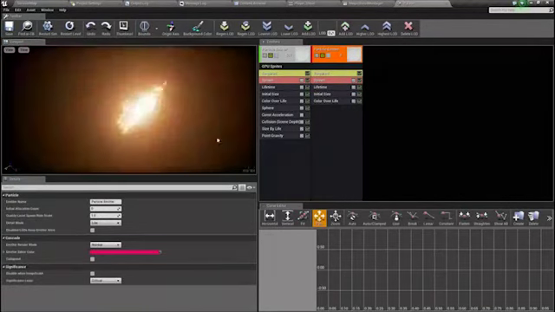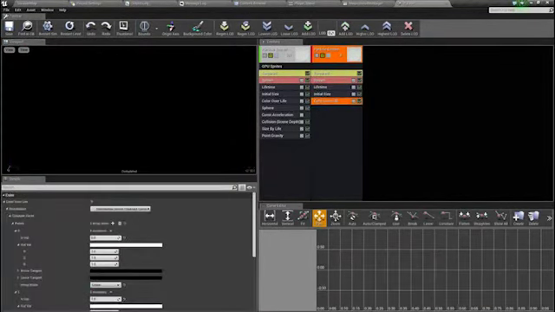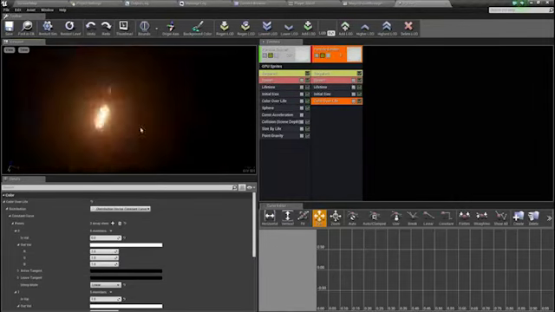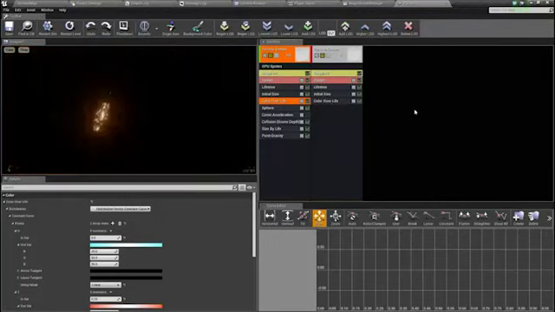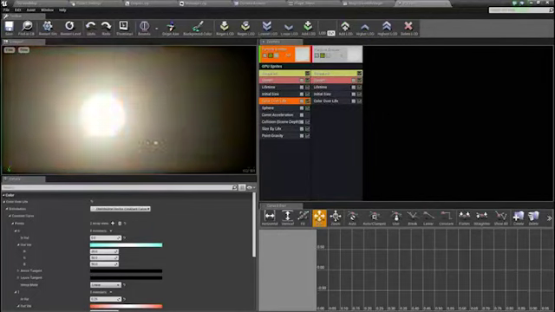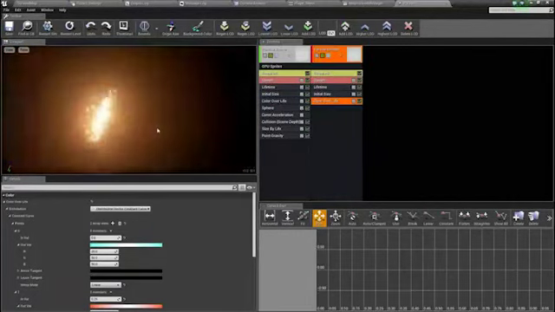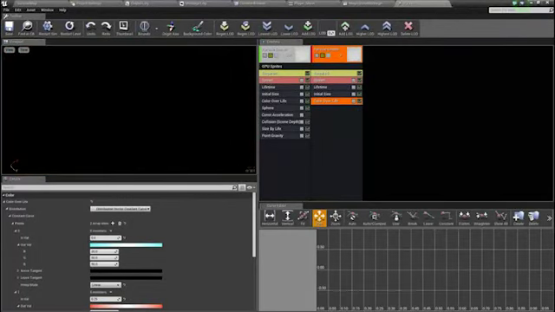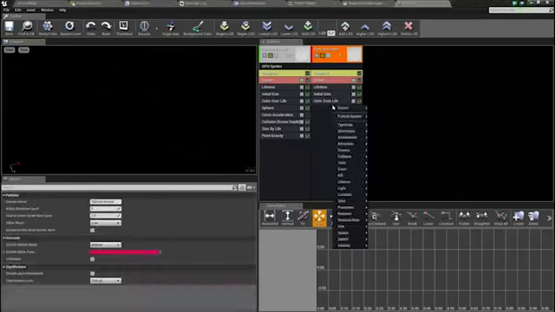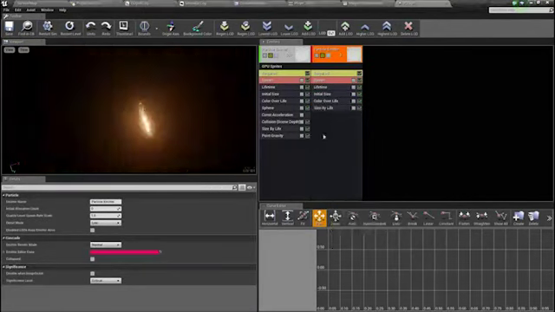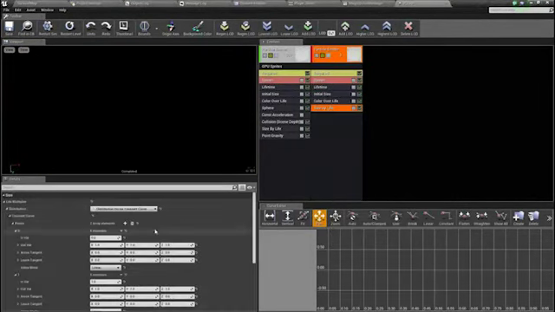And then I'm also going to set this up to have a color over life. Actually, I'm just going to steal the existing color over life that we have there. That way it's the same brightness. And the final part of this is going to be, so when we play it, that's going to do that right now. The final part of this is going to be going to size by life. And I'm going to set this up